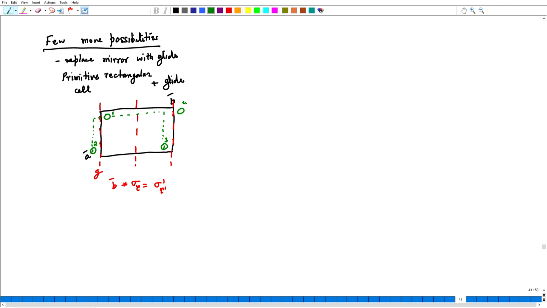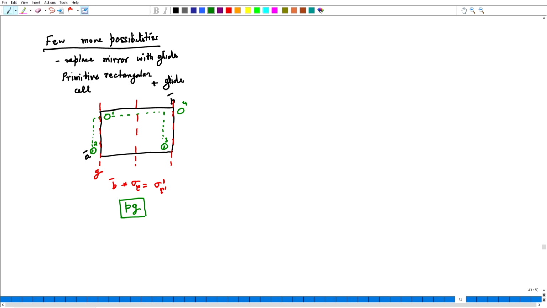Similarly, if I call this motif 4, then motif 4 and 2 are also related to each other by the same glide in the middle of the cell. So, this is a valid plane group, it will follow all the rules of the group, and instead of P m, if you recall, this is called P g. In the earlier group P m, these glides are replaced by mirrors. So, that is what we have done. We have simply essentially replaced the mirrors with glide.